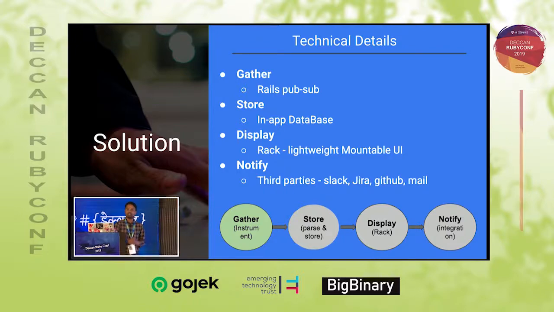These are the technical details of that solution. Imagine we want to have a certain tool in Rails, so what will we do? The first part is to gather. We need to gather information first. Whatever exceptions are getting generated inside your complete Rails application, you need to gather them first. The second part is to store those exceptions alongside your own database, the same database you are using for your Rails application. The third part is to display those tracked exceptions.